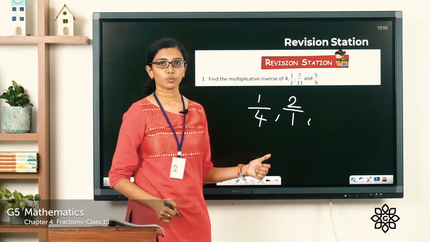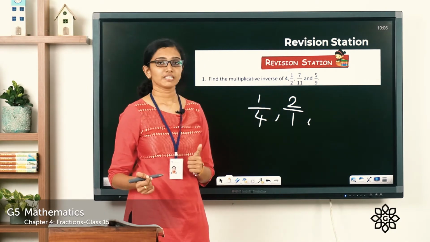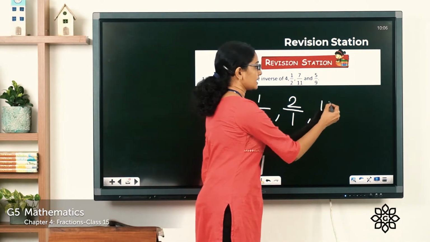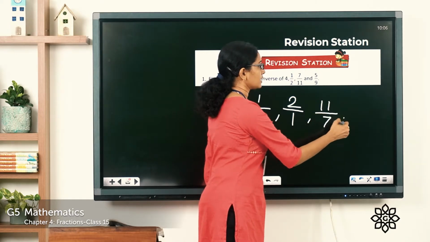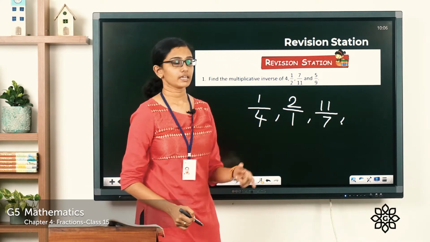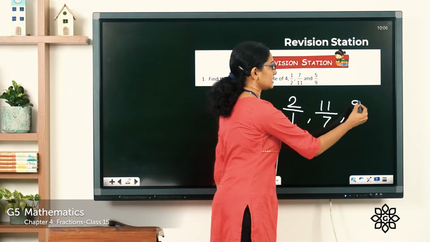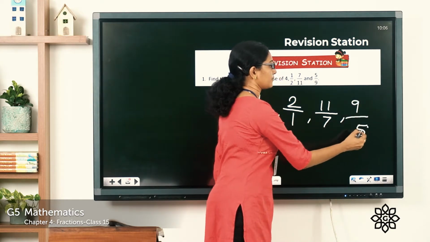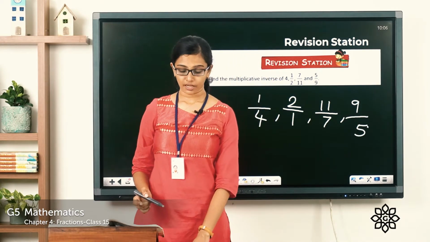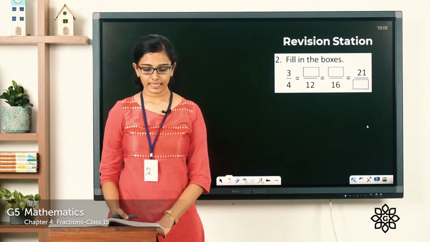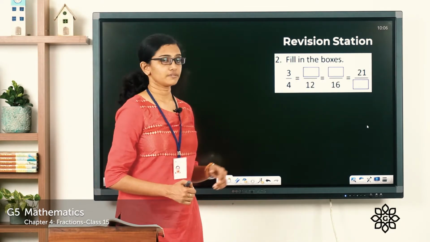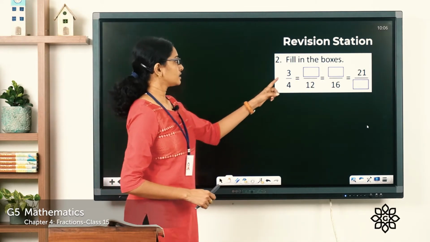Now the third one, 7 by 11, the multiplicative inverse will be 11 by 7 and 5 by 9. Here the multiplicative inverse is 9 by 5. Clear? Now the second question, fill in the boxes and you are given the first fraction and let's consider the